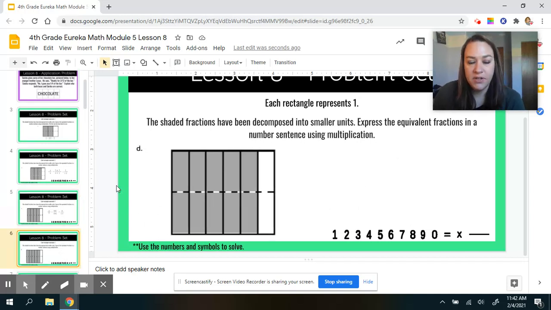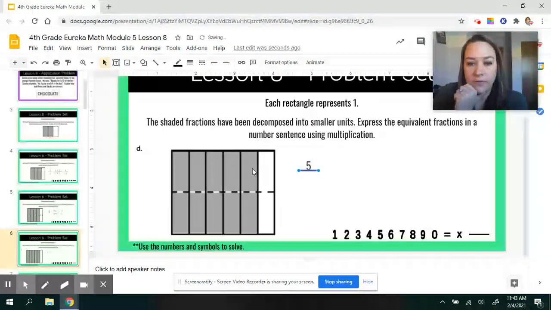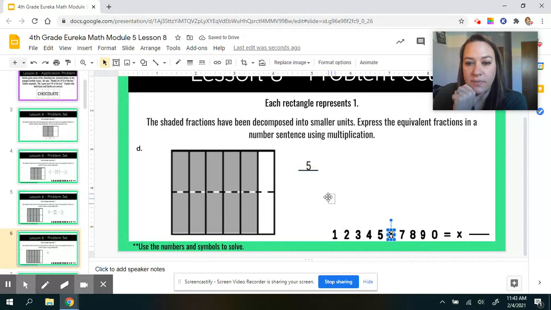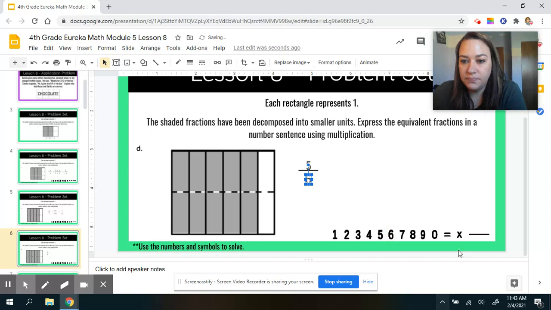Okay, here we go for another one. Look at that. What's our starting fraction? We've got 1, 2, 3, 4, 5 for our numerator, and 1, 2, 3, 4, 5, 6. So we are starting with 5/6, which is equal to,